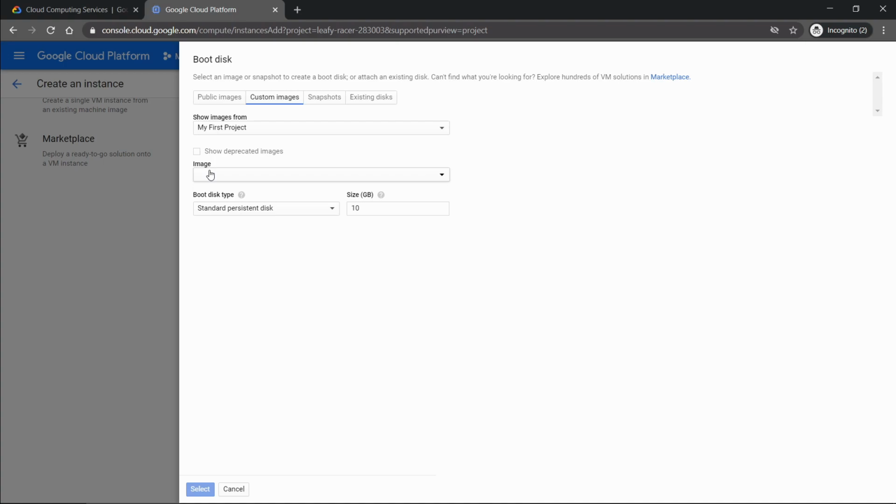So under image, you want to select the nested virt Ubuntu image, and you have three different storage types. You have your standard persistent disk, which is the slowest. You have your balance, which is a bit faster, and then you have your SSD, which is the fastest. In my case, I'm just going to allocate 150 gigabytes under SSD. So of course, the faster you select,